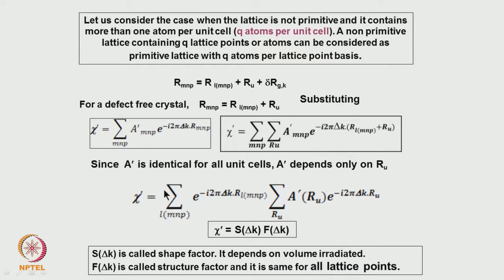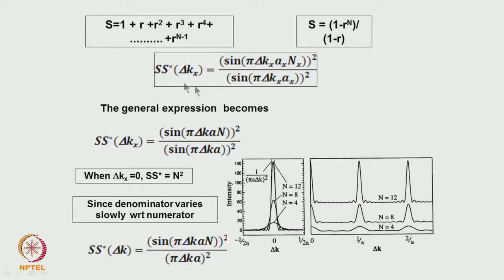And finally, the expression which we have derived earlier is the one which corresponds to within the unit cell, which we call the structure factor, and the whole volume which we consider is essentially the shape factor. This together gives the amplitude of each of the scattered diffraction spots which will be coming, correct. Then we have derived this expression, that is the structure factor.